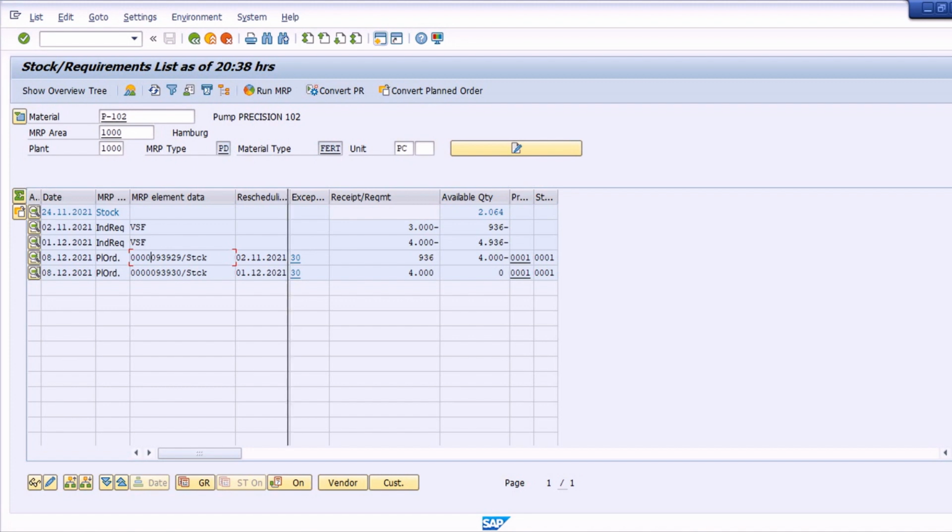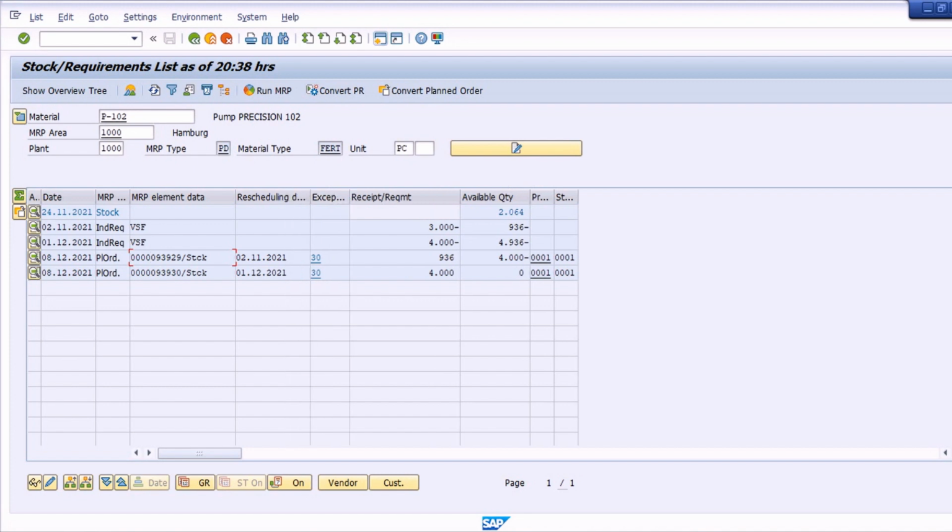And now you can see the same date over here, 8/12/2021. The system is telling you that you have to reschedule this planned order to meet the requirement date of the plan independent requirement. So the first planned order is going to be rescheduled to the 2nd of November, and the second planned order should be rescheduled to the date of 1st December, so that these will be in sync.